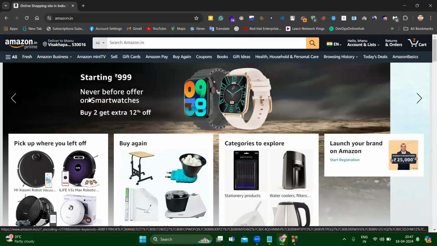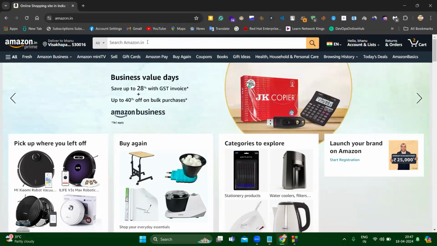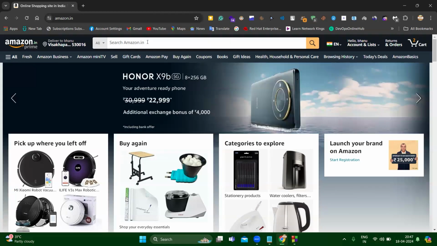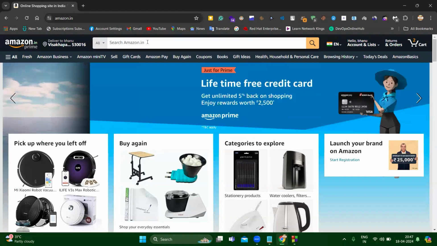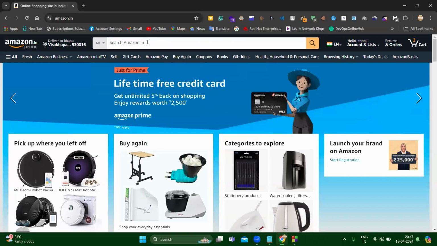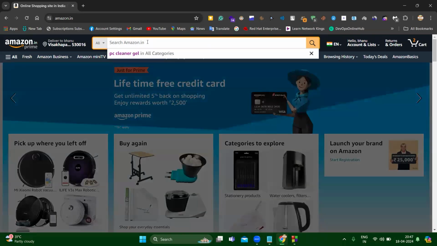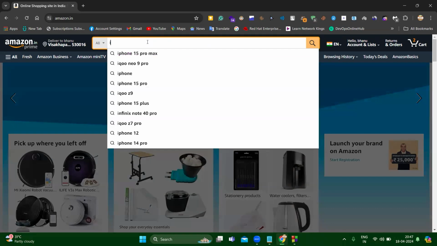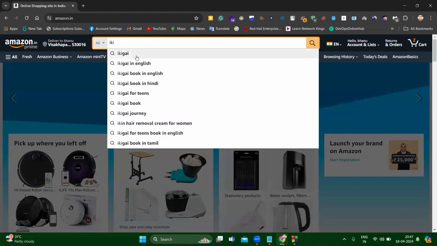Now you can tell which book you want. Is there any book in your mind? Ikigai. Spelling? I-K-I-G-A-I. The first one, this one? Yes, sir.